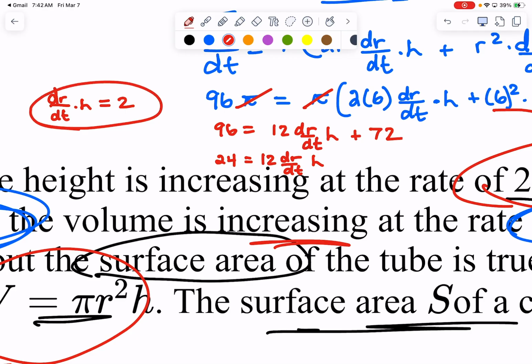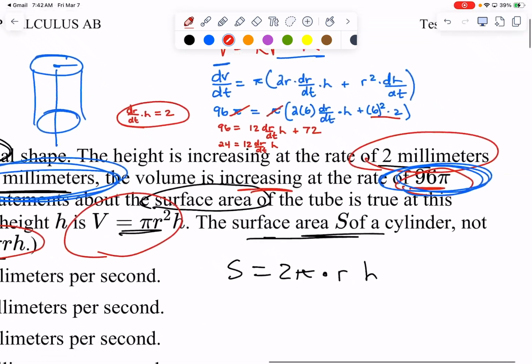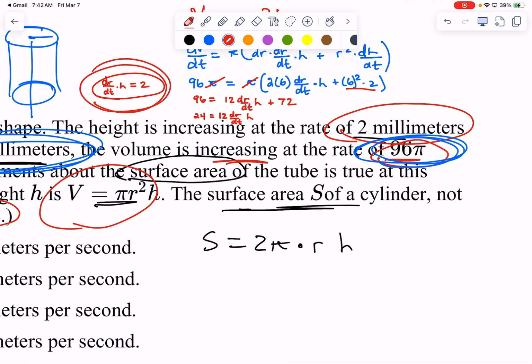That's interesting, okay? All right. So now I go to my surface area formula. I bet somehow I'm just going to be able to plug this in when I take the derivative of this surface area formula. So we're going to have dS/dt, so I'm not going to freak out. We're going to have 2 pi. Okay, now we're going to have the derivative of r times h. Okay, so that'll be r times dh/dt, agreed? Plus,